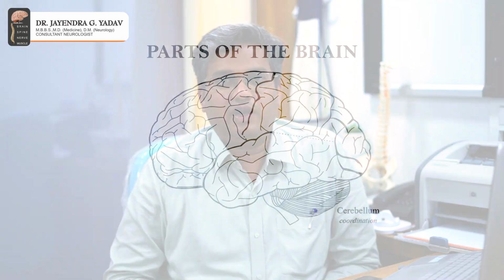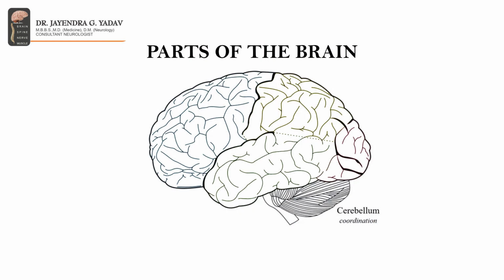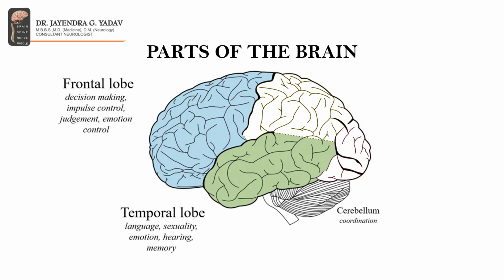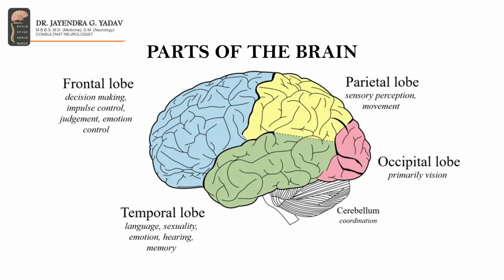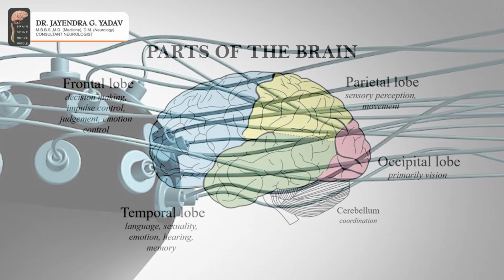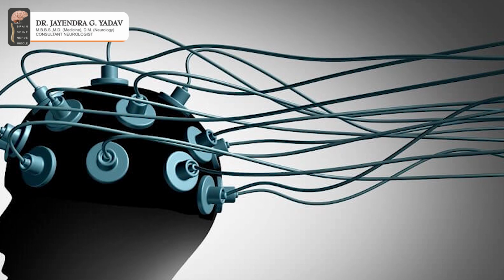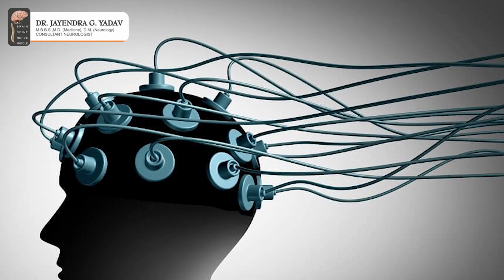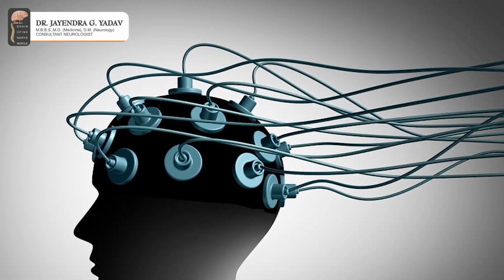Like in ECG, we try and detect the electrical activity of the heart. In EEG, we are trying to detect the electrical activity of the brain. So there are various parts of the brain, like frontal lobe, temporal lobe, occipital lobe, and parietal lobe. All these brain activities can be detected by applying electrodes on the scalp, and these activities can be plotted on